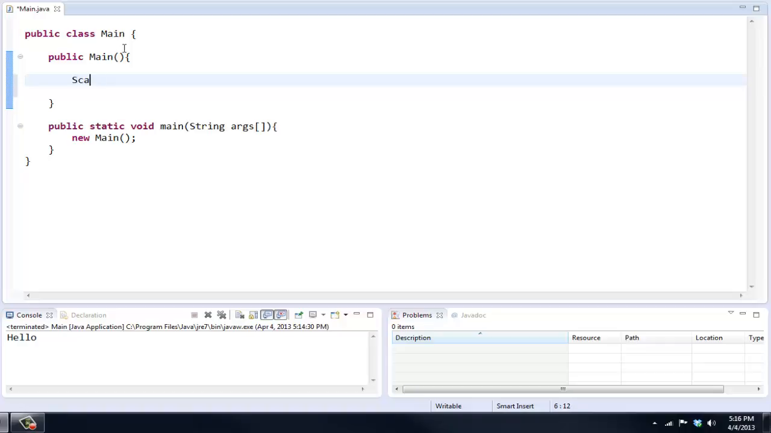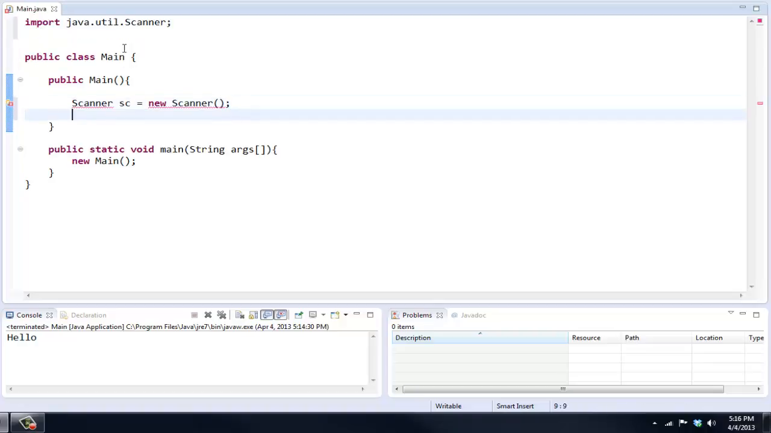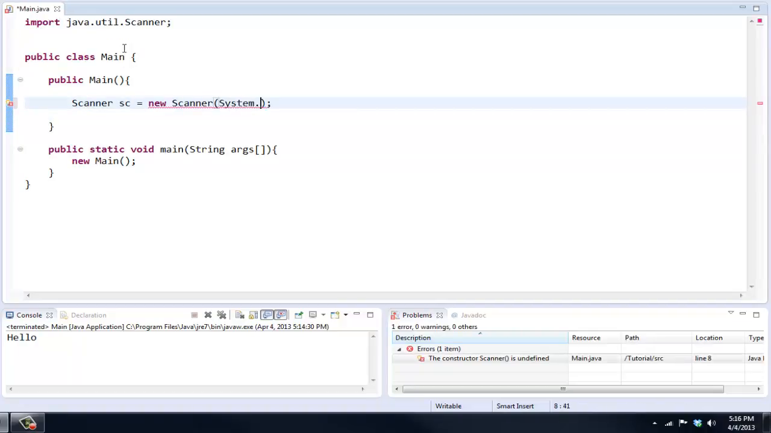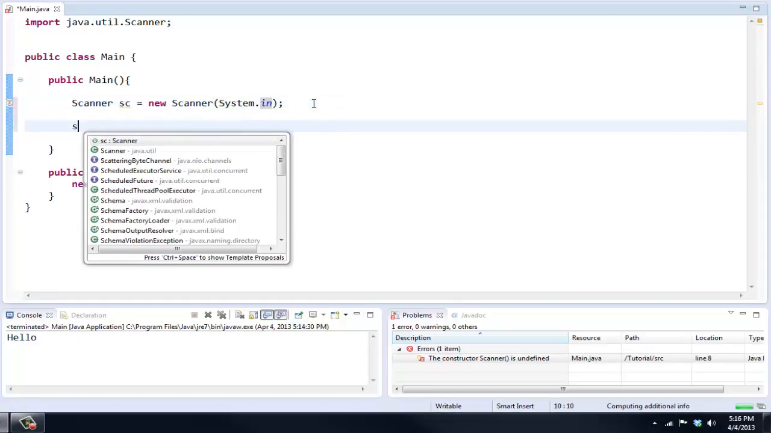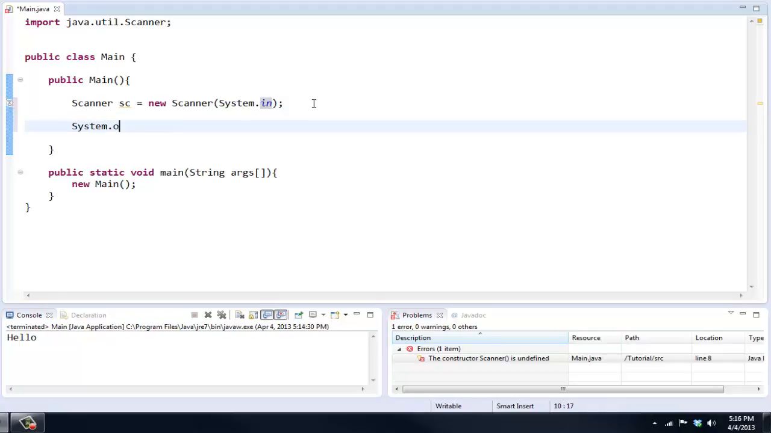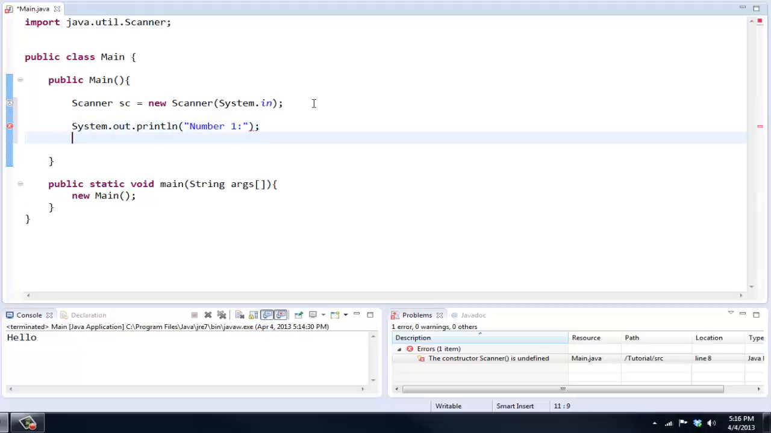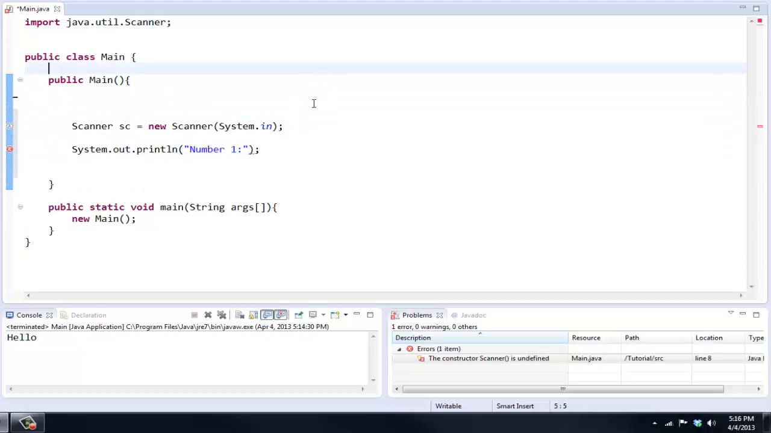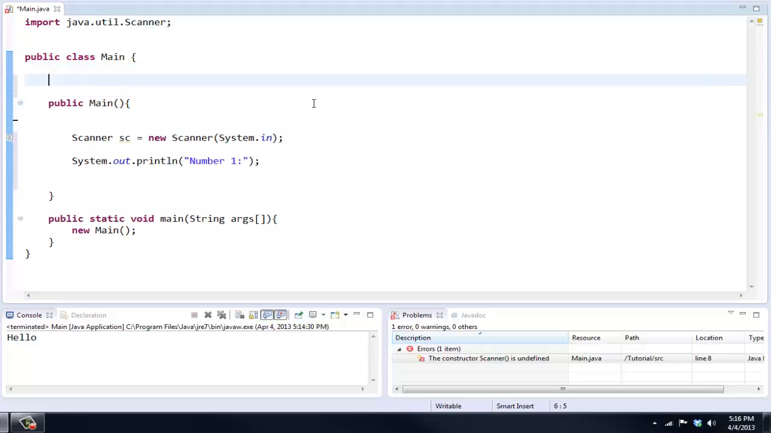So I'm going to create a scanner. sc equals new scanner, and system.in. Okay. And then I'll say system.out.println number 1, and then we can create the integers right here. And I'm not going to create the integers in the constructor. I'm going to create it up top, and I'll just say int num1,